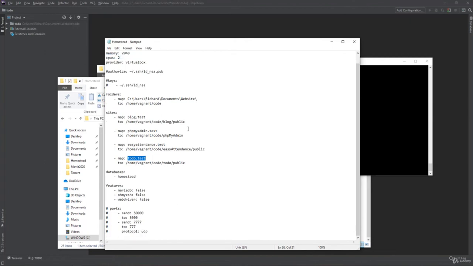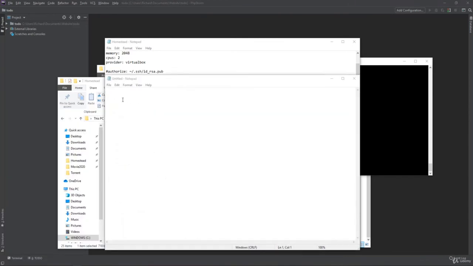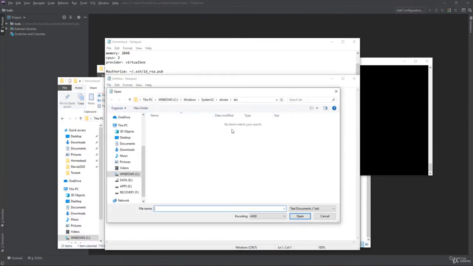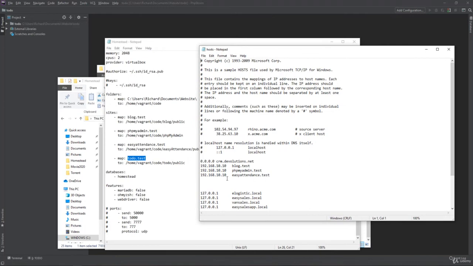Let us open Notepad, right click, and go to more and run as administrator. Just click on yes and go to file, open, and go to this directory, which is system32, drivers, and etc. Inside this etc, let's change to all files and open your hosts file. In the hosts file we need to configure our domain name. So just copy this same line,